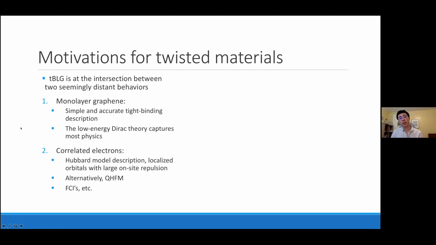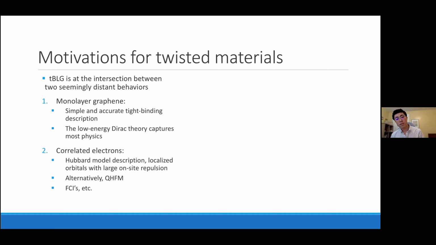Now, one is in terms of monolayer graphene itself. So of course, twisted bilayer graphene will consist of monolayer graphene. What are the key features of monolayer graphene that make it unique and tractable? One is that it has, as we saw, a simple and moreover accurate tight binding description in terms of very few orbitals, in terms of very few hopping amplitudes. And moreover, it's been experimentally found time and time again, as you can find in the review article, that the low energy physics of graphene is very much described by the Dirac cones. So keeping only the Dirac cones and somehow truncating the energies above and below, we get a good description of a lot of experimental phenomena.